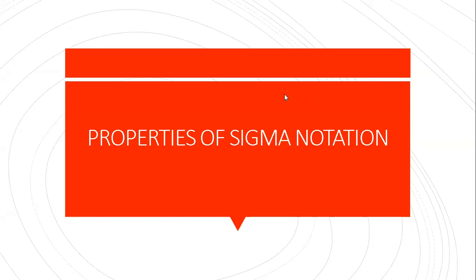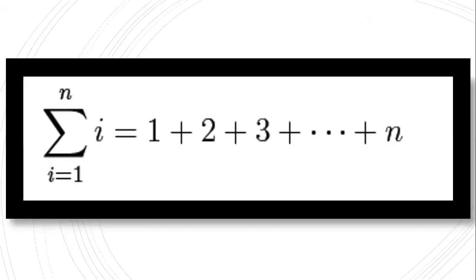In our previous meeting, we already discussed the introduction of the sigma notation, wherein we discussed how to expand a given sigma notation. And if we are given an expanded form, we discussed how to rewrite it compactly in sigma notation. So now, the very first property of the sigma notation that we're going to be discussing is